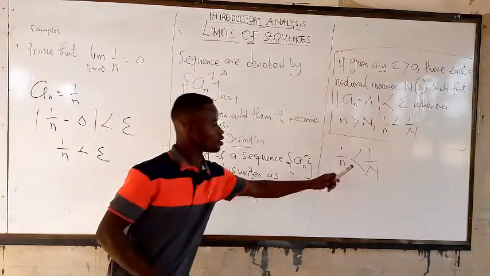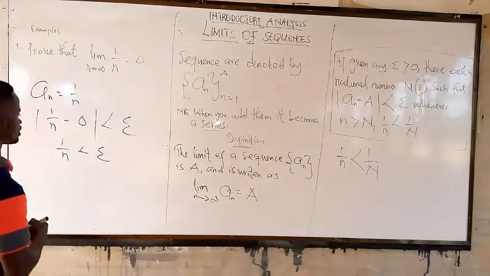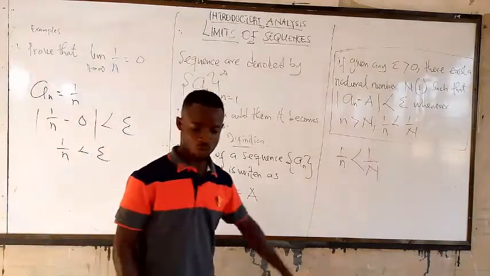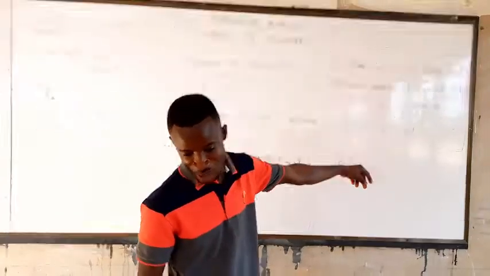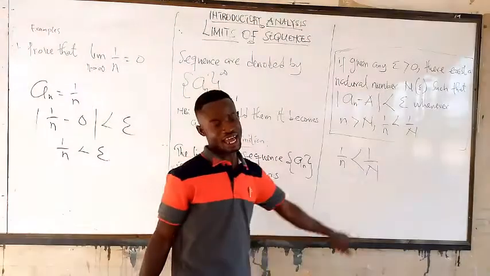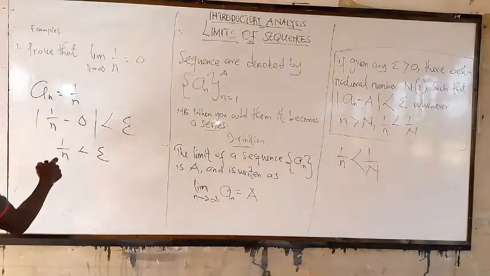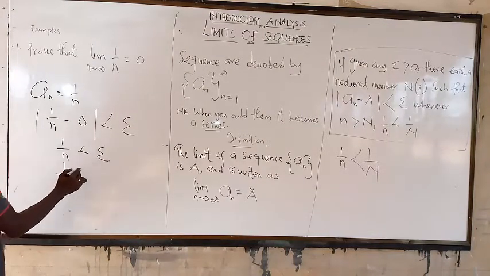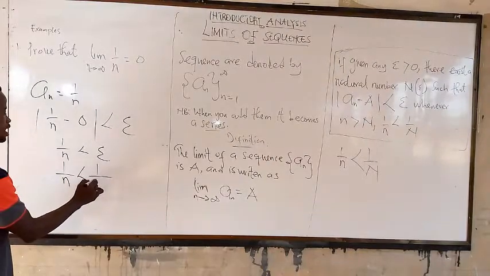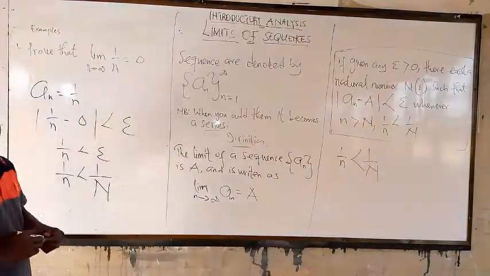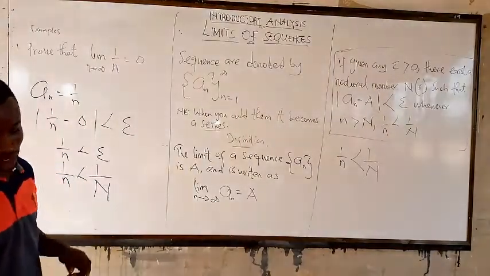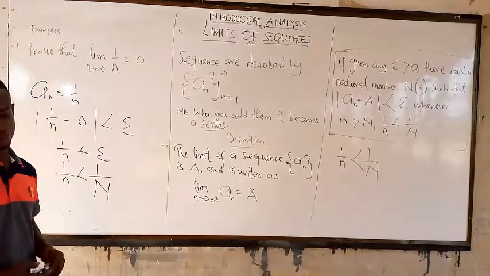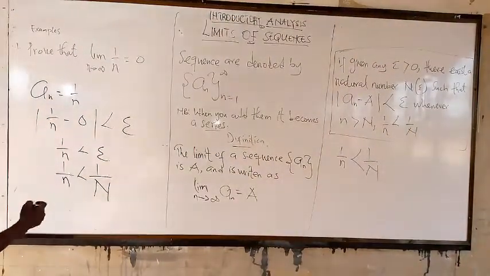We know from here that this epsilon is the same as 1 over capital N. So this is going to give you 1 over n is less than 1 over capital N. So here we are. Then you choose. Don't forget, then you choose